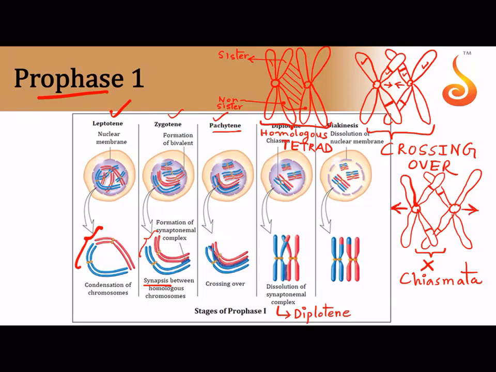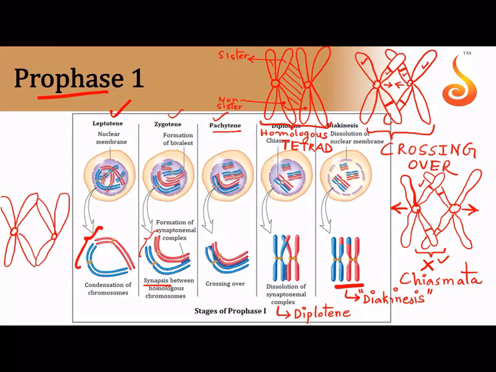Okay, so they start moving away from each other during diplotene, and chiasmata become very clearly visible during diplotene. And during diakinesis, they are very far away. The last phase is referred to as diakinesis, or terminalization. Notice here they have gone far away from each other such that only the ends of their non-sister chromatids are in contact with each other.